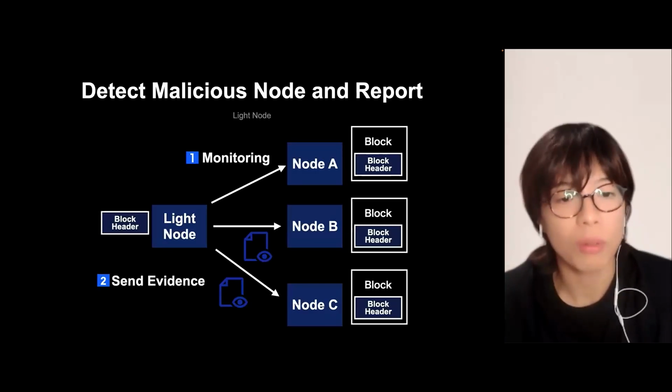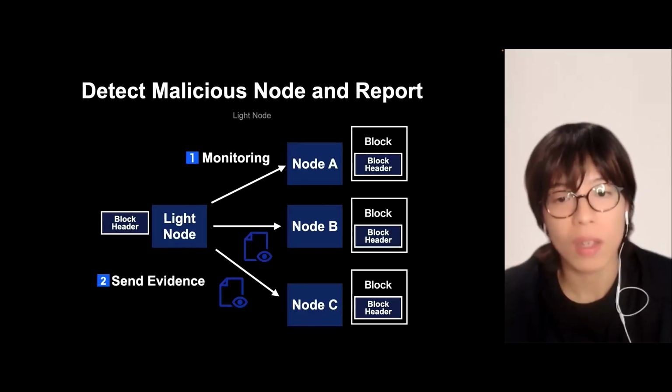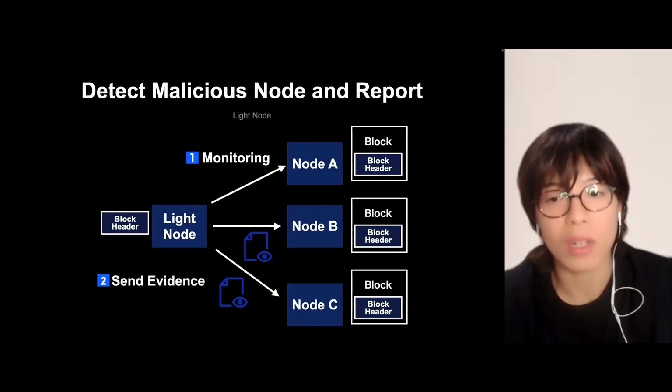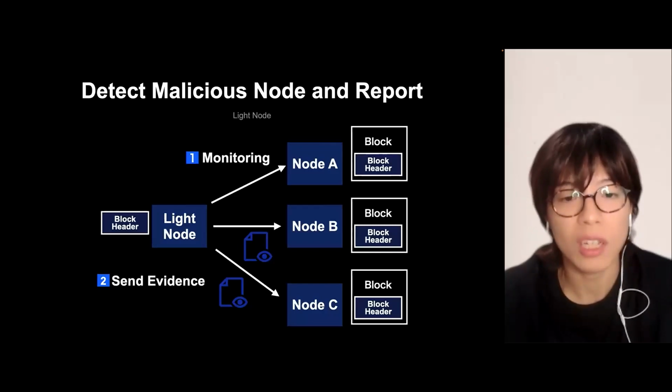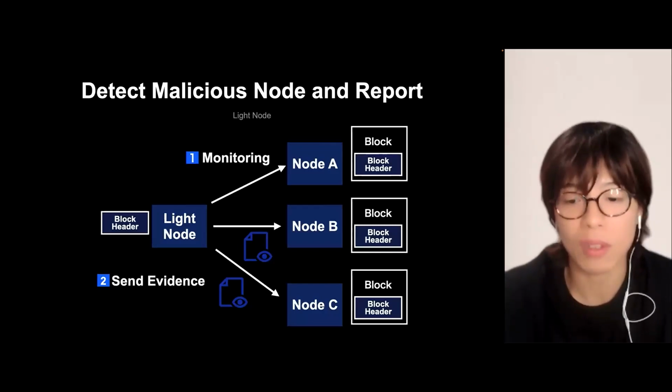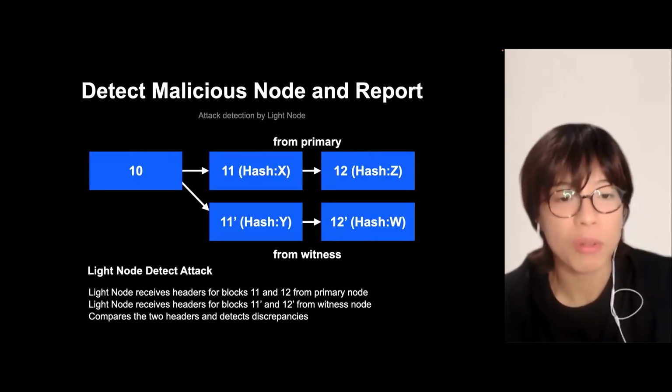Let's take a look at the system as indicated here. Right nodes observe node A to make sure that it is correct. If a wrongfulness is detected, evidence will be generated and broadcast to nodes B and C. Let's take a look at the next page and how exactly they verify.